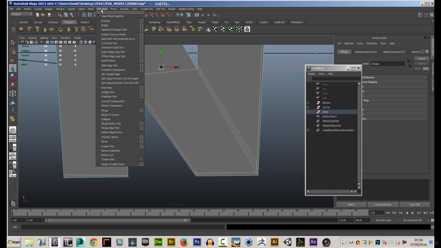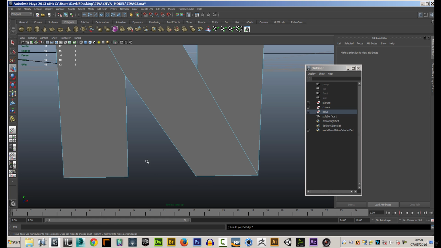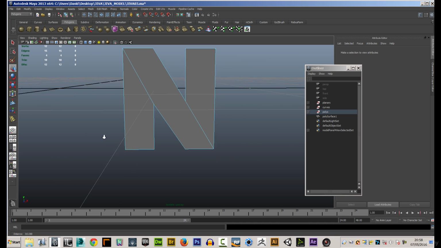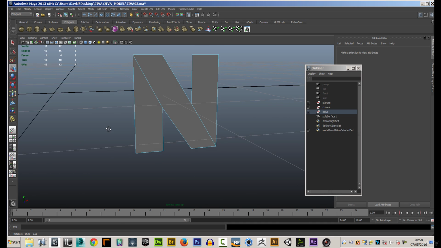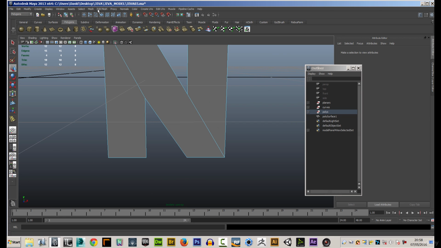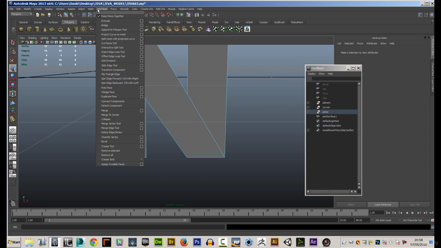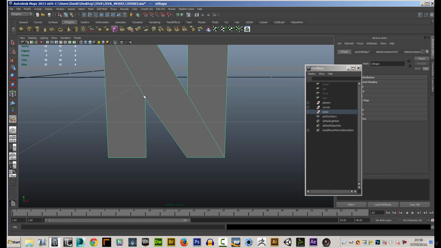Okay, up to edit and delete those out. So I've just started with some clean geometry. What I'm going to do is split this up a little bit. I'm going to go to edit mesh, go to interactive split tool, move this down to here, cut across to here, hit enter, then press Y to repeat the same tool. I'm going to drag this up to here, pull it across,